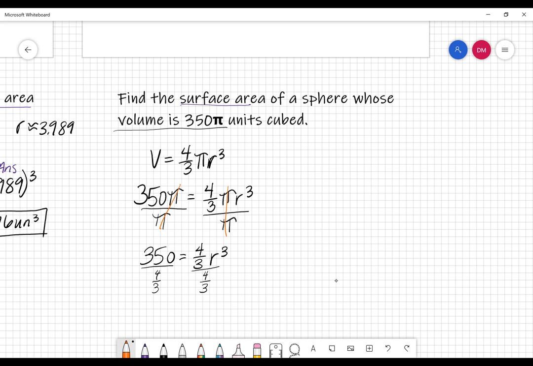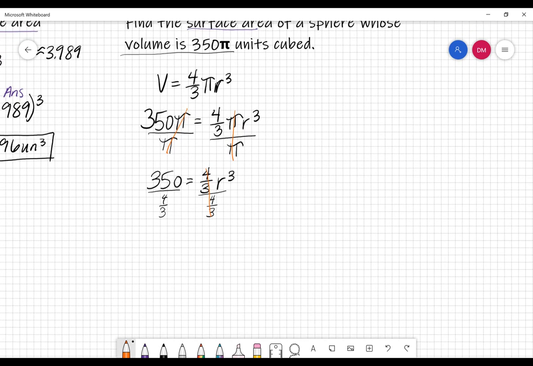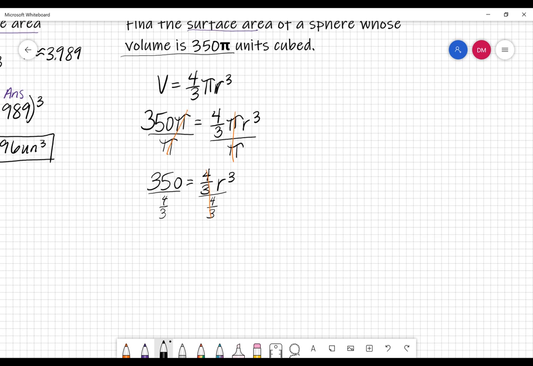So by eliminating this on this side, you could see this. If you have the fraction feature in your calculator, by all means, plug that in using the fraction feature on your calculator. But what you might also see is that because this is 350 divided by a fraction, we would take 350 and multiply by the reciprocal. That is a property of solving when we have fractions involved in our equation. All right, so when we do that,